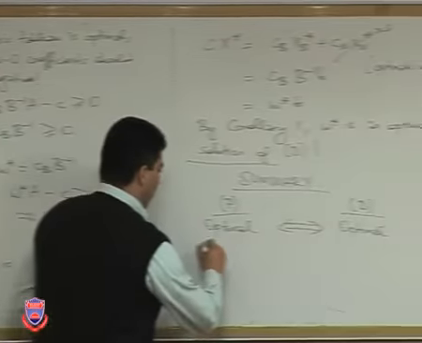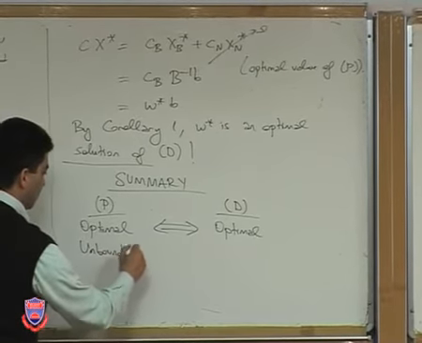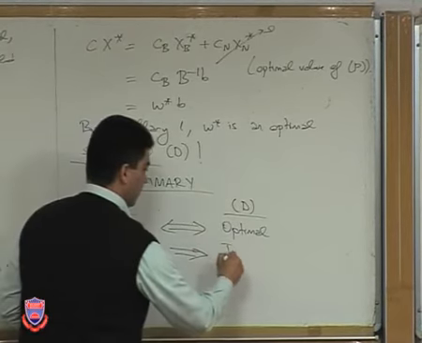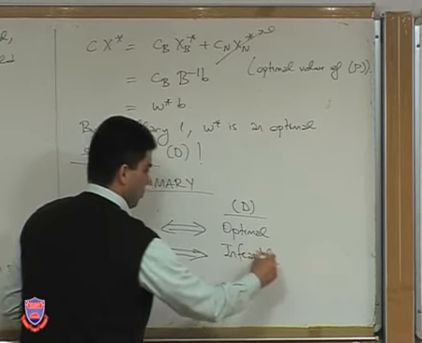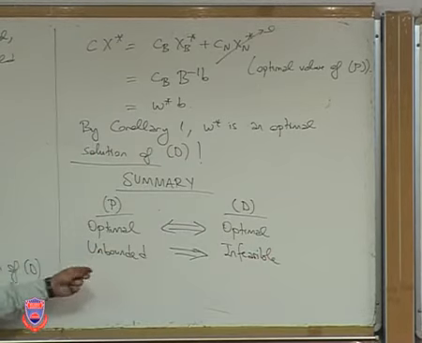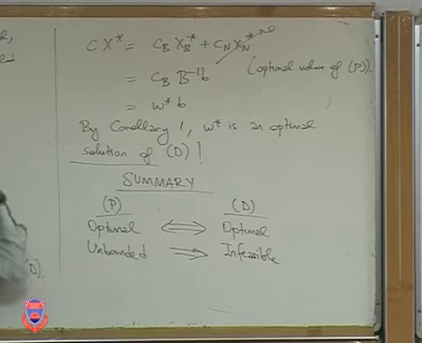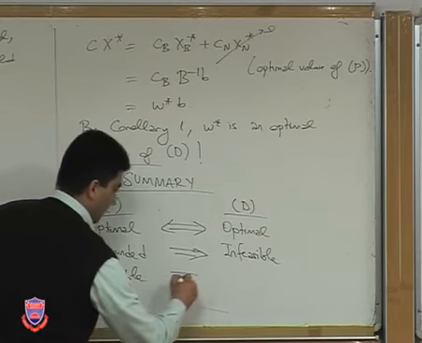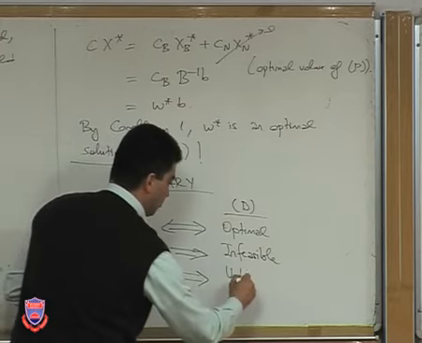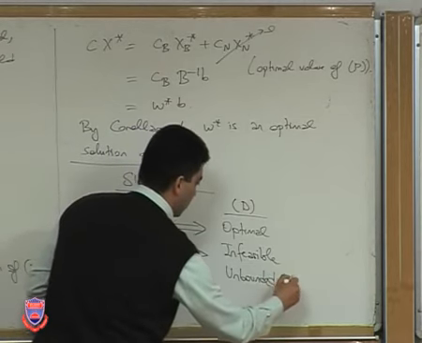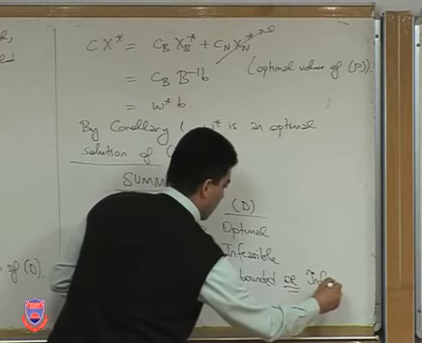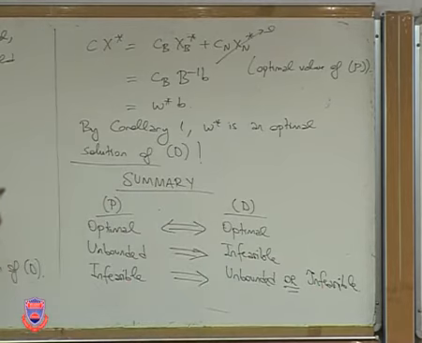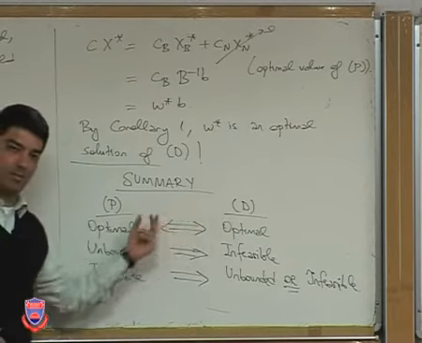If the primal problem is unbounded, then what does that imply about the dual problem? Infeasible, exactly. So unlike the first one, this is a one-sided implication though, okay? So if you have an unbounded problem, then the dual problem is infeasible. If you have an infeasible primal problem, again, this is a one-sided implication, so we get either an unbounded or infeasible dual problem. And of course, since primal and dual are symmetric, you can also treat this as the dual problem and this as the primal problem as well, okay?